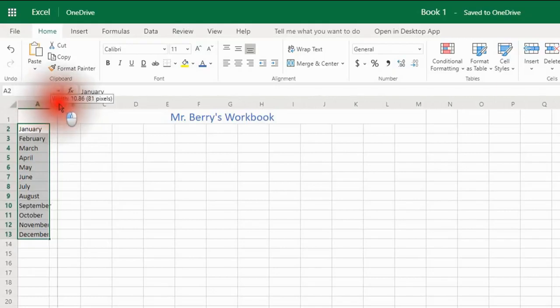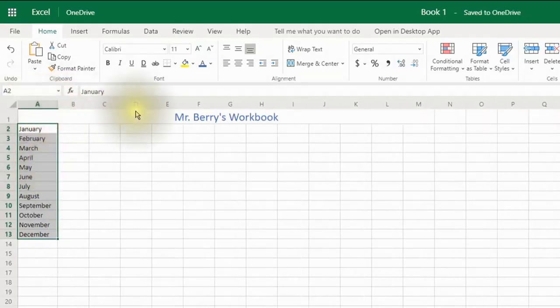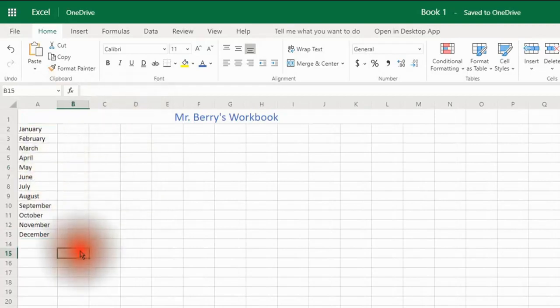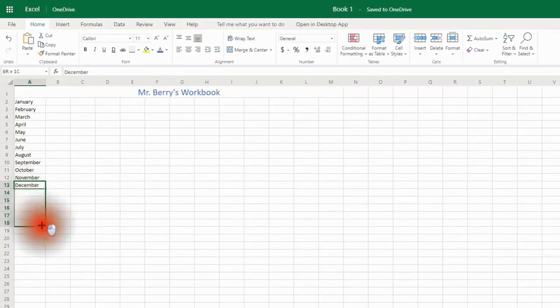I can drag it across and make it a little bit wider for my cell. The exact same tools that you can find in Google Sheets. So we'll be learning how to do all of that again. And so you have the months of the year. Again, if you wanted to do that, you just type in any month of the year, click it, take your mouse, go to the lower corner. When it turns into a cross, drag it down, let go, and you got another year. So it's easy to do.